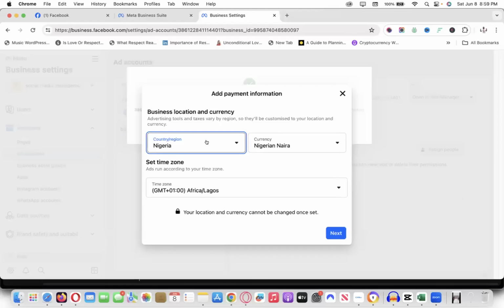If you are someone that wants to use any other country, please choose your country, your time zone, and your currency at that former place that we were. Choose your country's own. If you want to be using dollar, your currency will be dollar, and your time zone will be different. If you are somebody in Uganda and maybe you want to be using your own currency there, or maybe you want to use dollar, because I feel like dollar is a universal currency